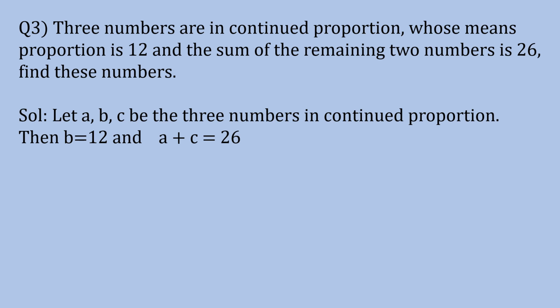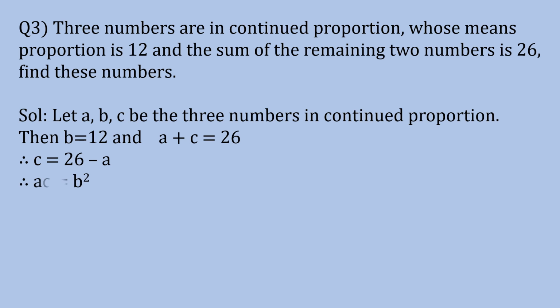Okay. Now, as we have said that A, B, C are in continued proportion, students, you know that B square equal to AC, or AC equal to B square, when they are in continued proportion. So we'll use that. Before that, we can also solve this. A plus C equal to 26. So I'll bring my A term to the other side, and we can get one of the values among this. Therefore, C equal to 26 minus A. So I brought A over here, so it became 26 minus A, the value of C.